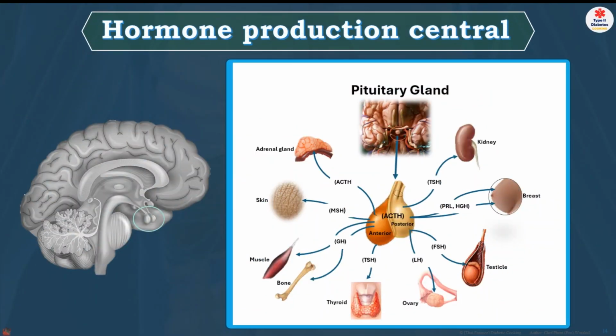So they talk about the pituitary gland, which is the hormone production center. It's inside your brain, a small little one like that. It has two sacs. This is not a man's production, this is the brain's production. It has two sacs, the anterior lobe and the posterior lobe. So these two things.